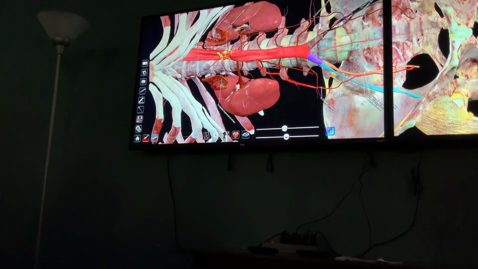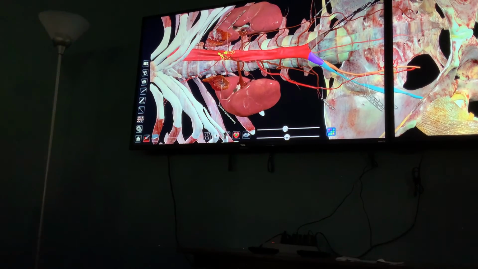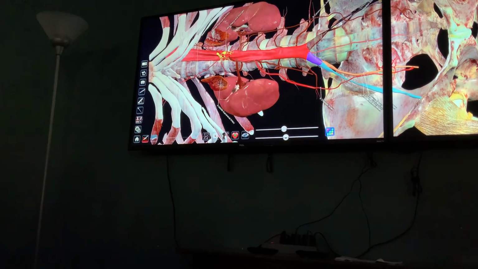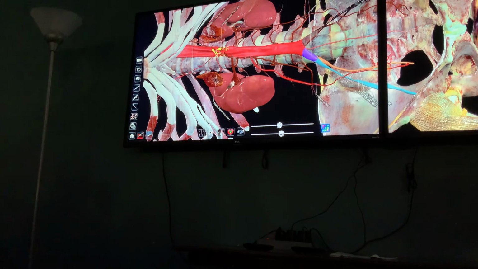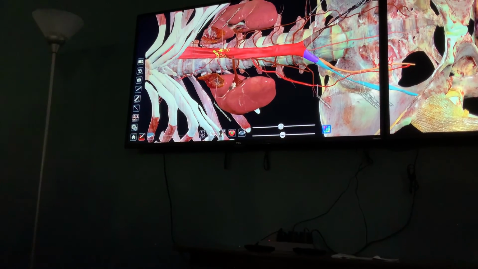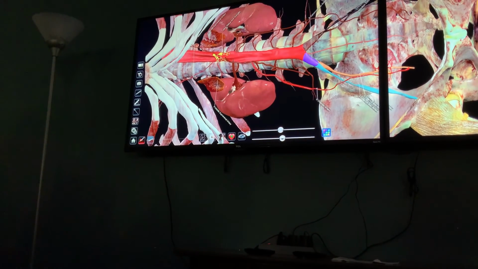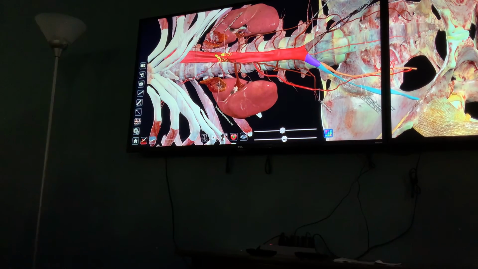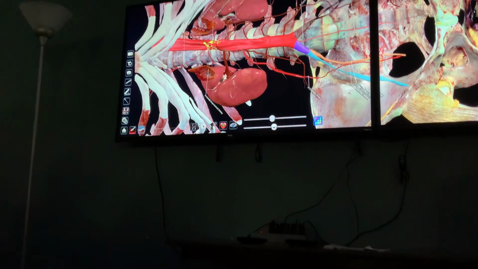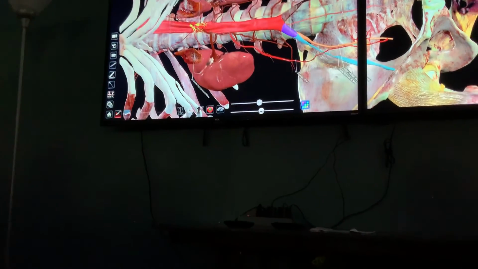Let's see, I think that's it for all the arteries that we need to know. Now what we're going to do is see the veins. What I want you to remember about the veins is that when we saw the jejunal artery, there's also a jejunal vein. When we saw the ileal artery, there's an ileal vein. When we saw ileocolic, right colic, middle colic, left colic,